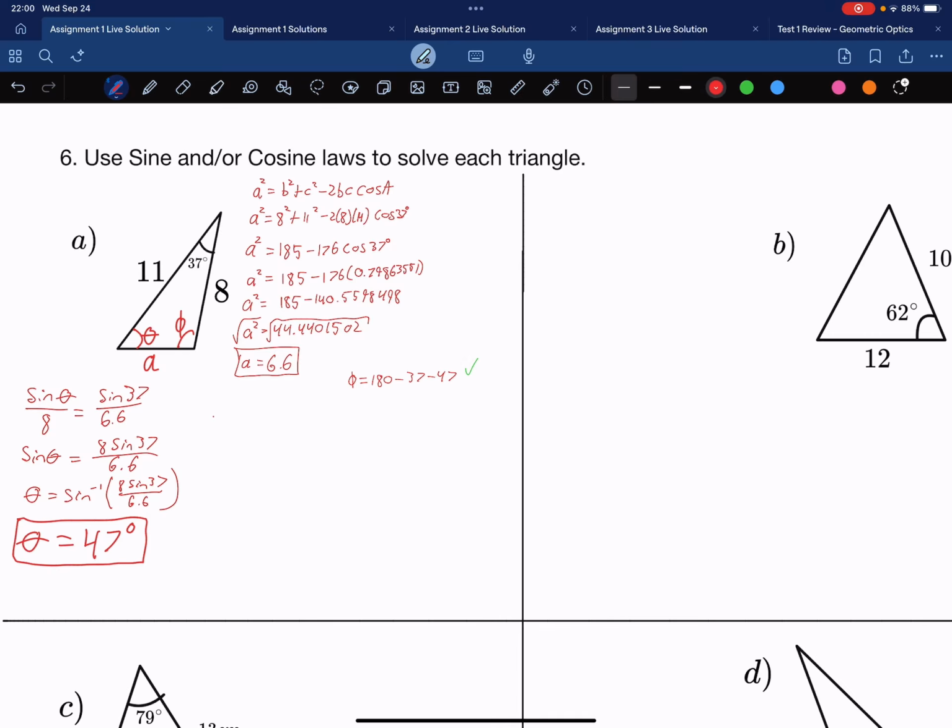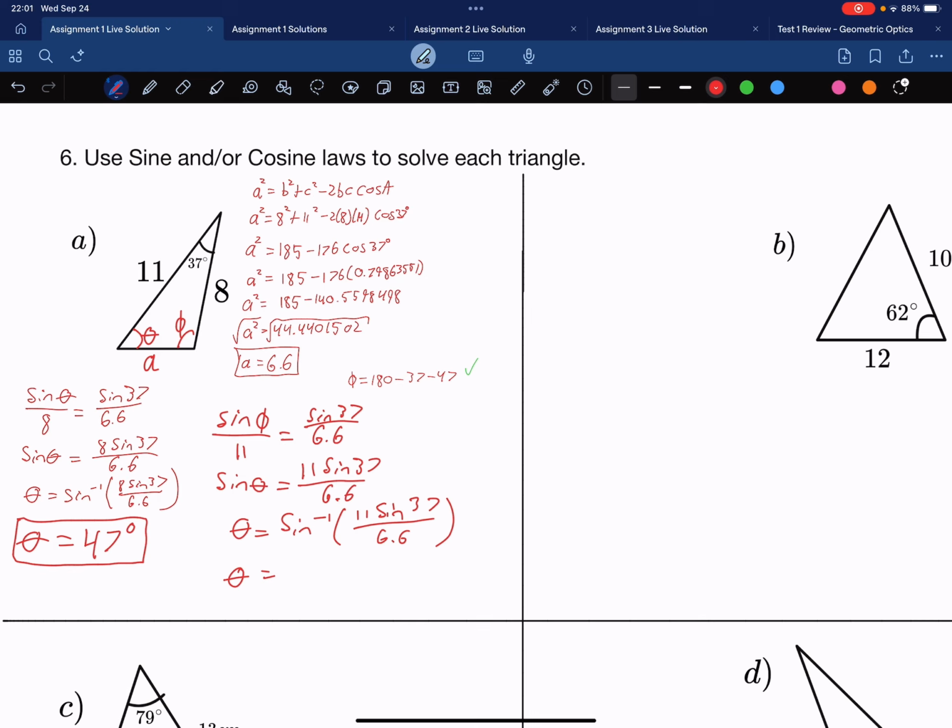So in this case, sine phi over 11 equals, I'm just going to use the same sine 37 over 6.6, and using the exact same method as the previous question,